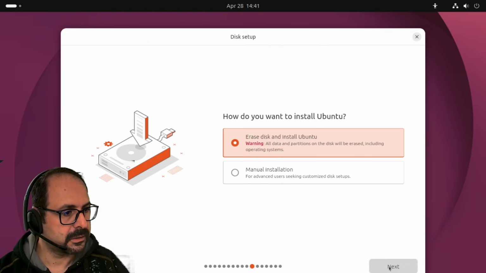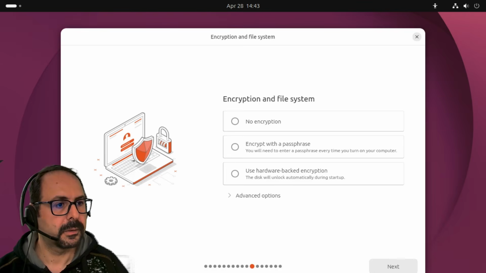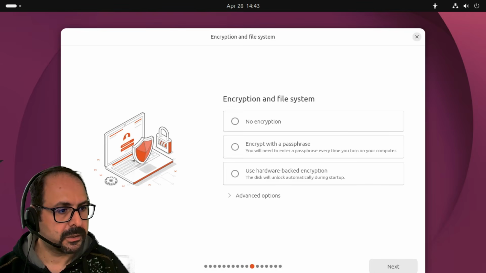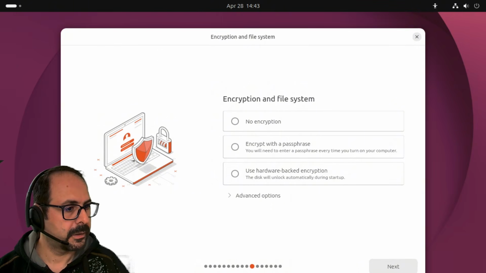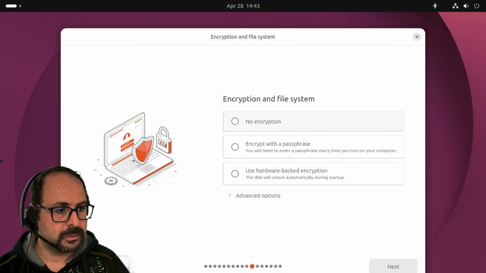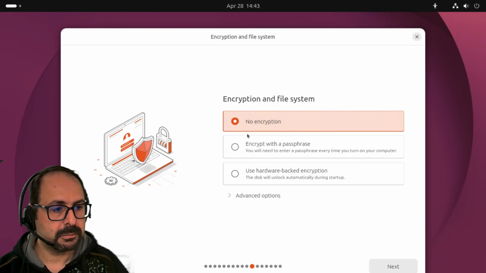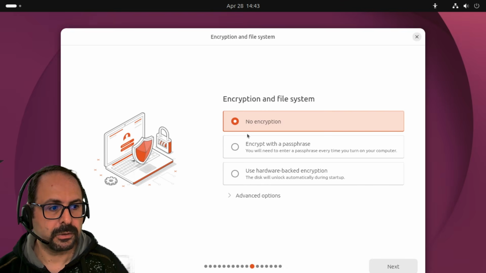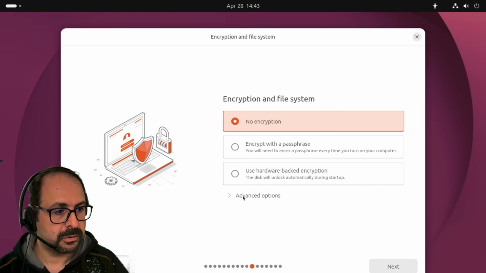Erase disk and install Ubuntu. And now we have reached the encryption and file system. I want to just install it on VirtualBox, so I will choose no encryption. But if you are installing it on a laptop or a company machine, or you need more security, you can